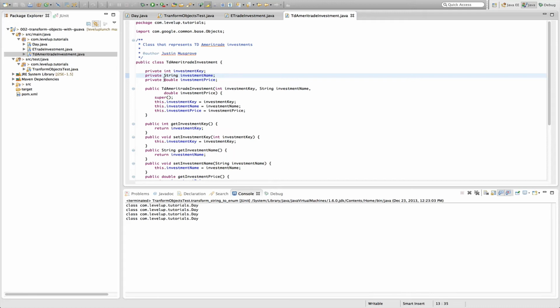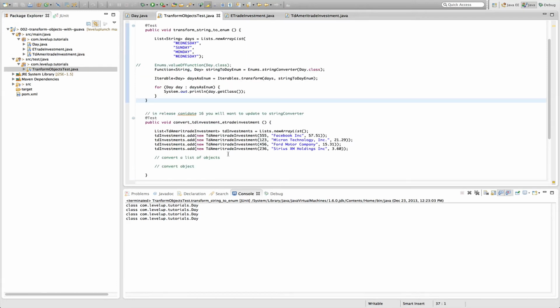You've probably seen BeanUtils copyProperties in the Apache suite of things. You've probably written your own if statements around everything and made it work that way. Let's go ahead and look at how a function can help us convert between two kinds of domain objects. And then we'll see, if we don't have a list of objects, how that can help us just convert with the function. So let's go ahead and create the function to convert from TD Ameritrade investment to the E-Trade